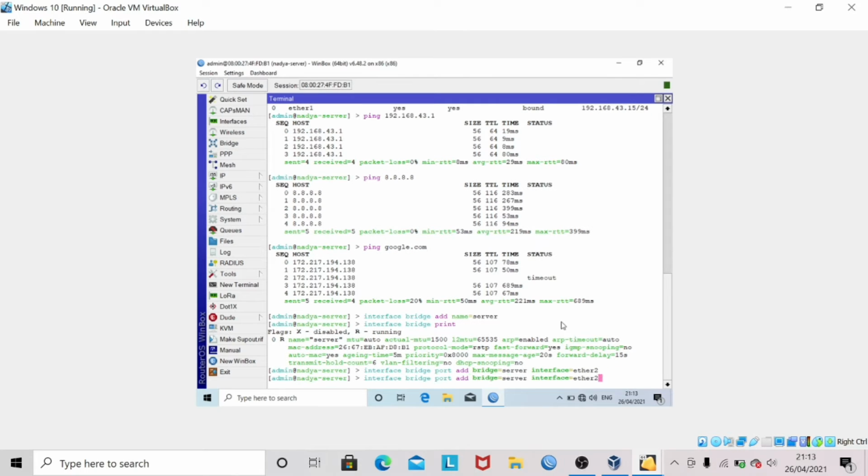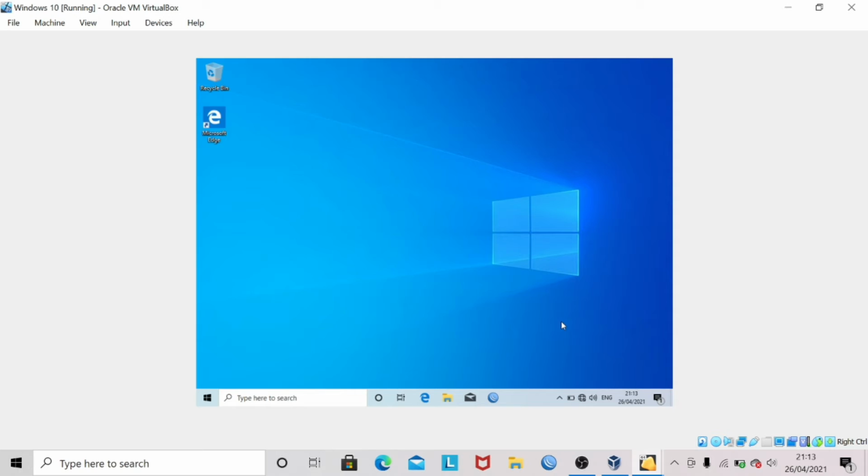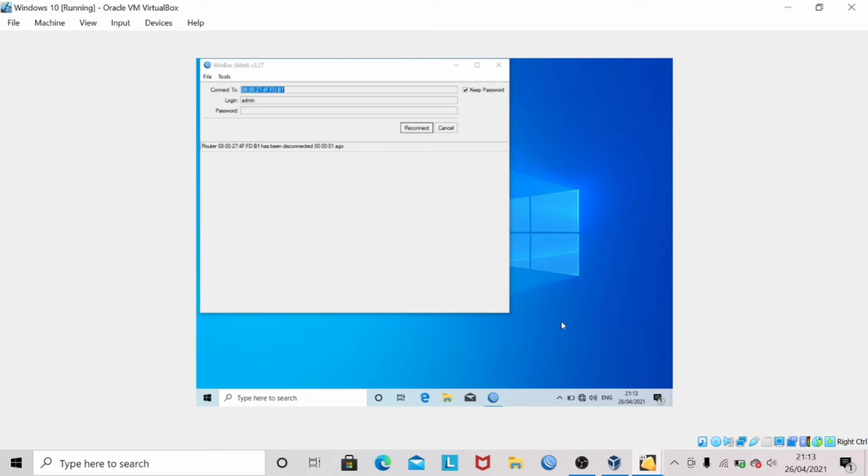Next, for Ether 3, press enter. When we add a bridge interface to Ether 2 and Ether 3, the router will reboot automatically. Click reconnect.